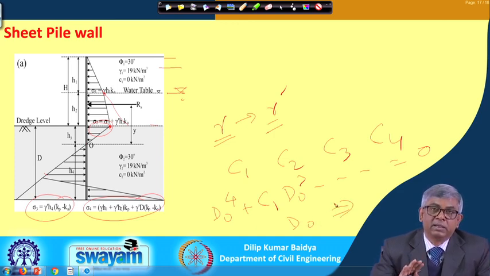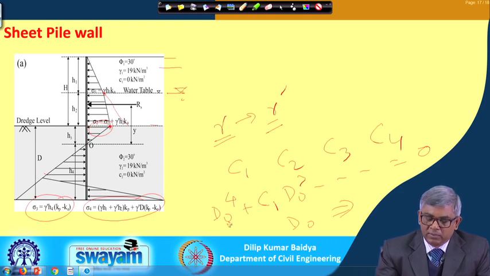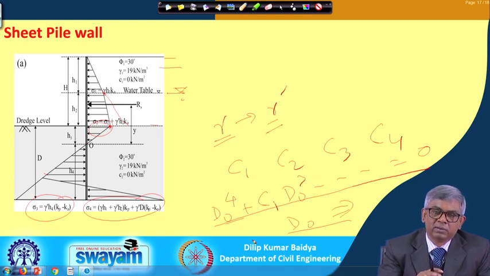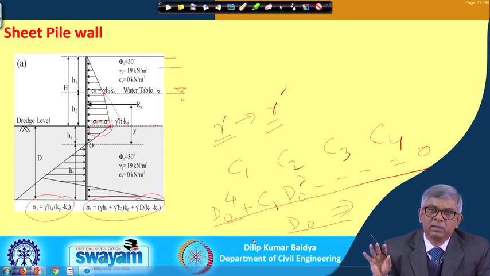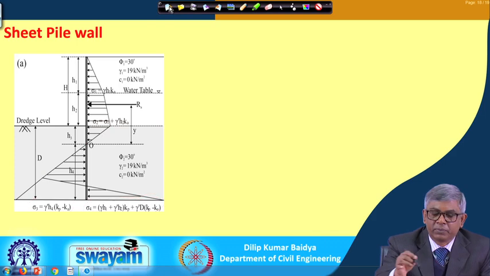So, I have taken the case without water table, but if there is a water table, what is the change? Only gamma will be replaced by gamma submerged below the water table. The rest of the calculations are the same: calculation of C 1, C 2, C 3, C 4 are all the same. Then finally, I express the fourth order equation and solve for d naught, that is all. If there is a water table, it will definitely become complicated. Because of that, I am not doing it in terms of water table; I have considered it without water table. So, if there is a water table, this is the only change you have to make.